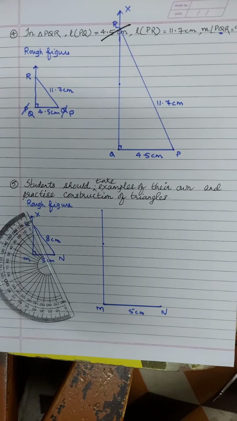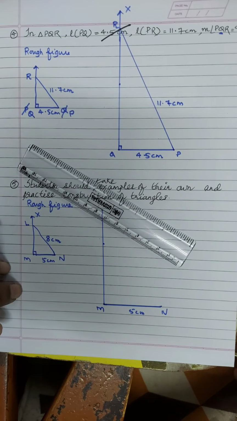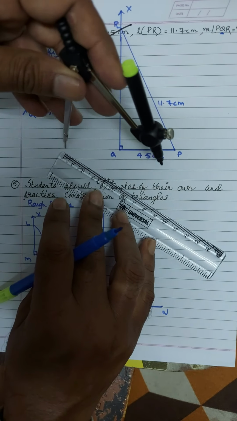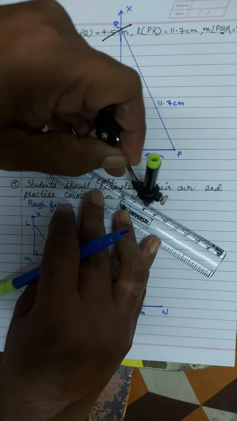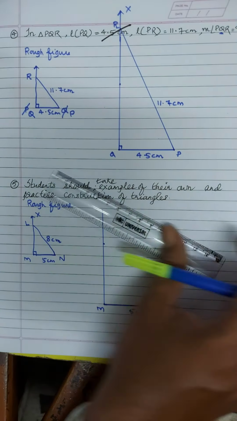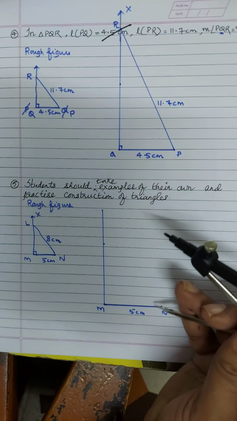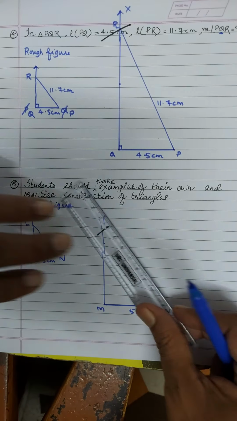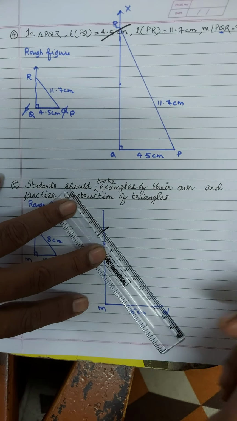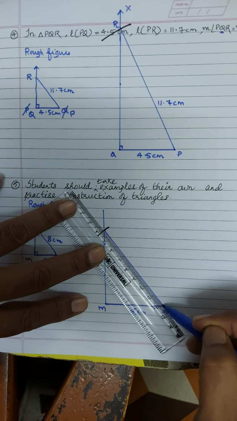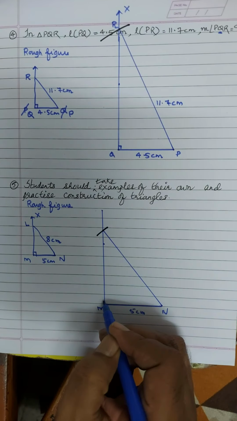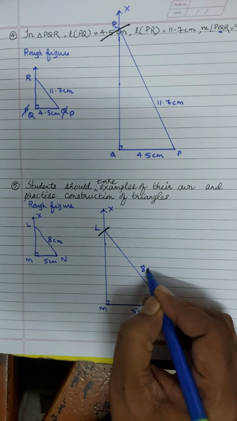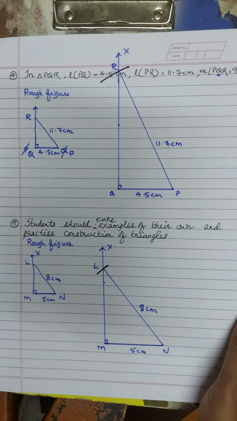Now we have to take 8 centimeter on the scale. So we have to take N as a center and this as radius. So 8 centimeter this is. What we do is, with N as the center, we need to mark an arc over here. Now we got the point of intersection here. So we need to join this point and N. So this is the required triangle, we got it. This is the required triangle LMN, this is point X, and this we have taken 8 centimeter. See how simple, very simple.